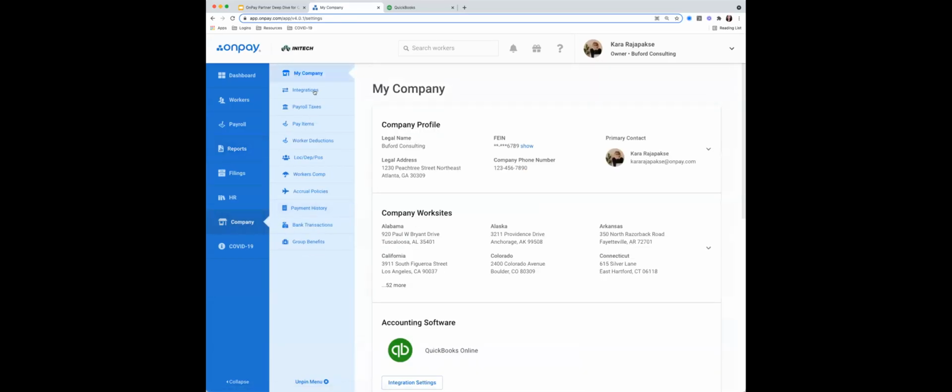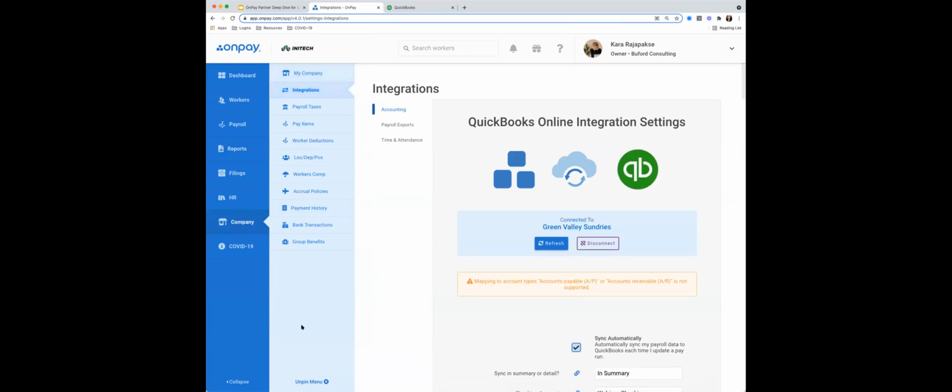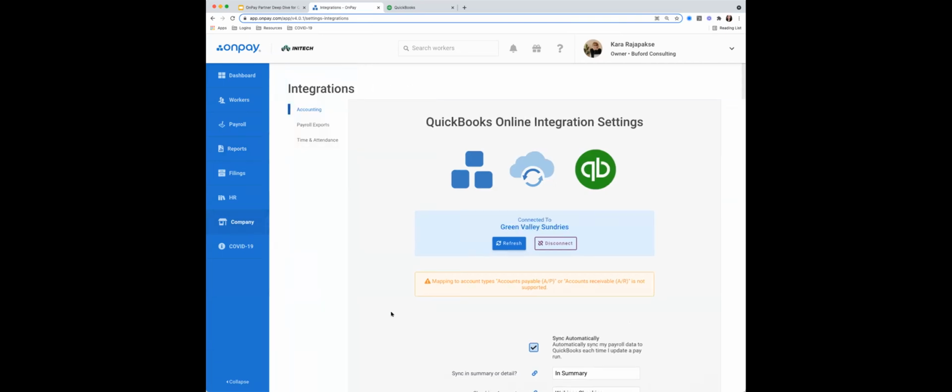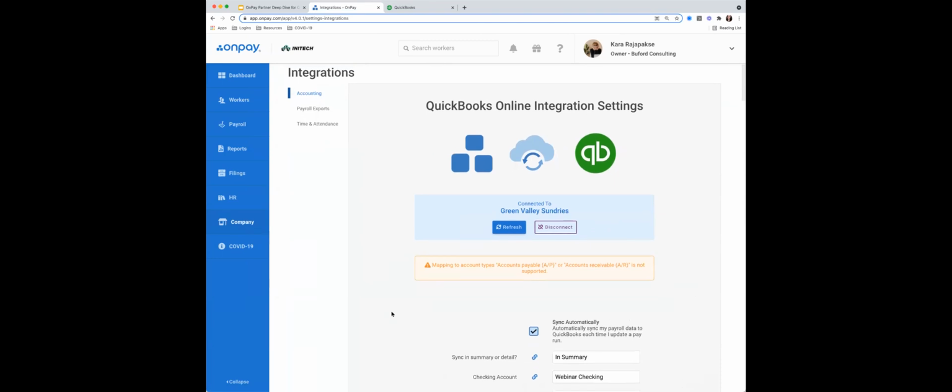I love questions. So I know Kara mentioned it earlier. Feel free. QuickBooks is my specialty as it relates to payroll. So feel free to ask me any and everything you can think of on QuickBooks and especially our integration. And if I don't know the answer, I will get the answer for you and follow up after.